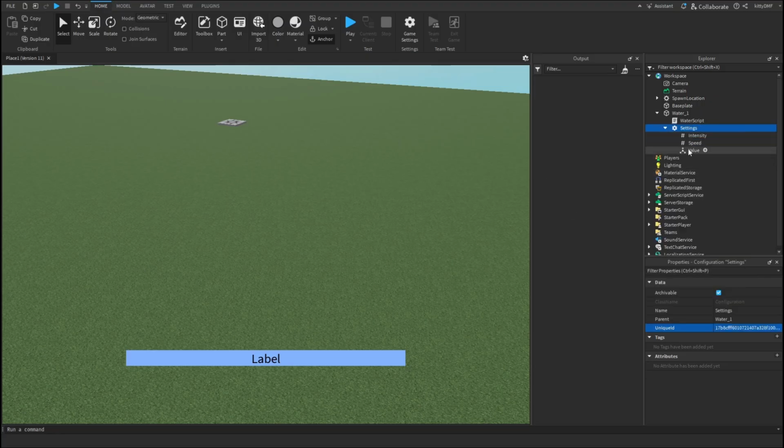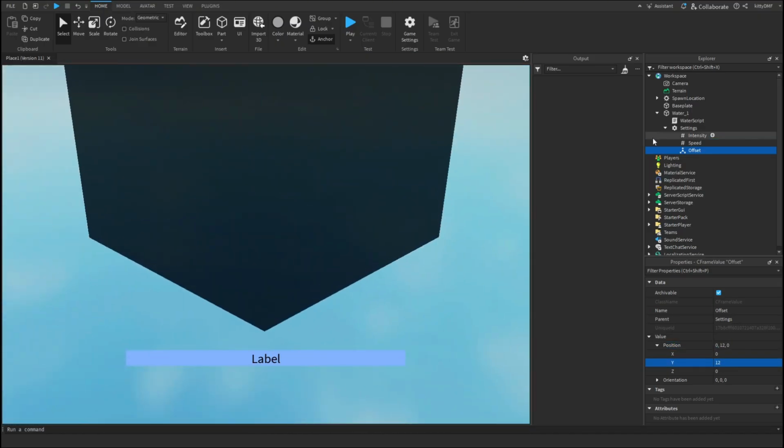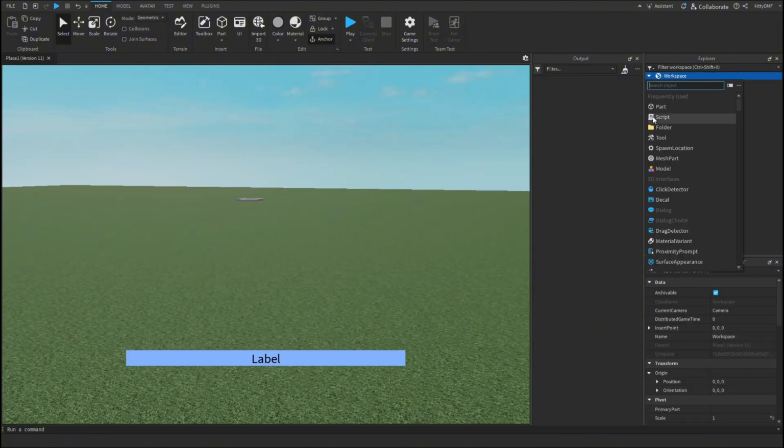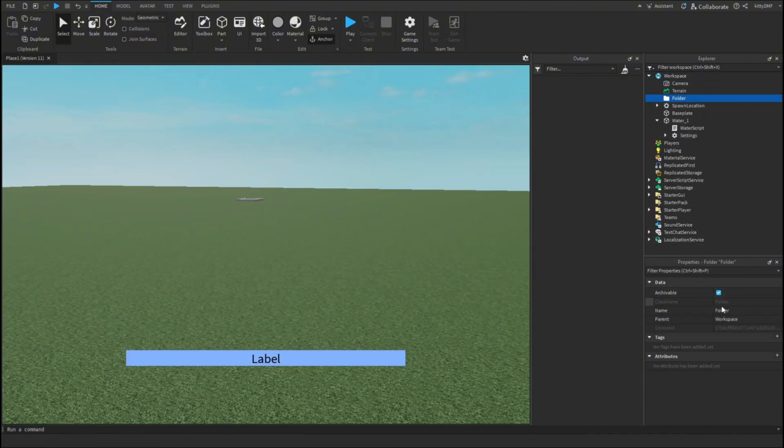And the last one being the C-frame value. This one being called offset. I'm just going to alter its position in the y-axis to about 12 studs. And that should be it. And for some organization in the workspace, you can add a folder, call it floods, and insert your water in